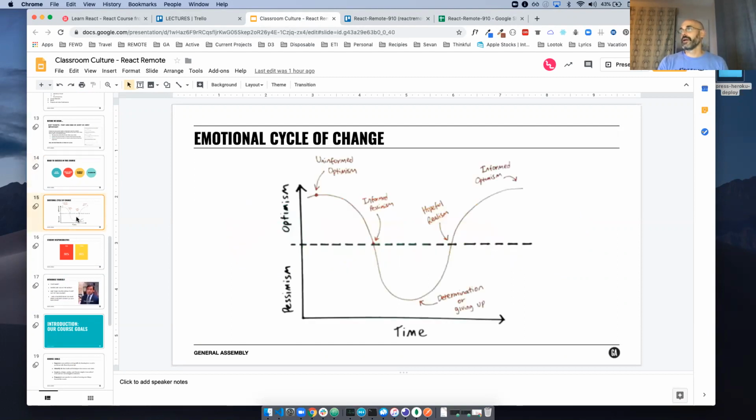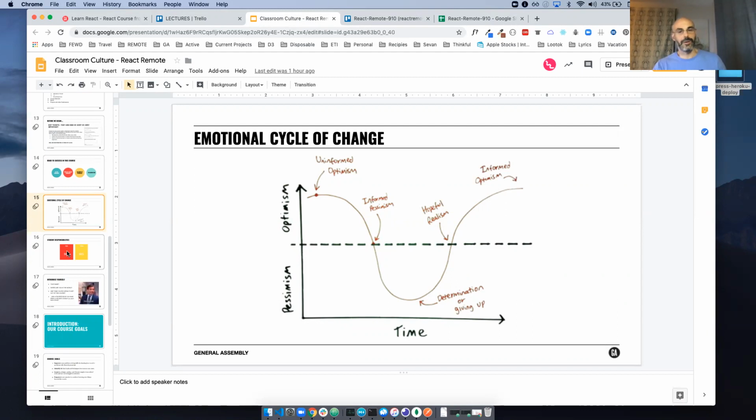Success to learning. This emotional life cycle is more, I'm going to say, for the day class. In the day class you learn so much stuff so fast that you just don't feel like you can breathe or catch up. This class is not going to be that way, but at the same time, you're going to be learning a lot of material for React. You're going to be expected to apply this material in the homeworks and the labs. If you didn't do the reading or anything that was assigned as homework, then you might fall behind a little bit. So it might seem at times like, oh, I'm down here. Just keep pushing through. If you do feel like that, just reach out to me.